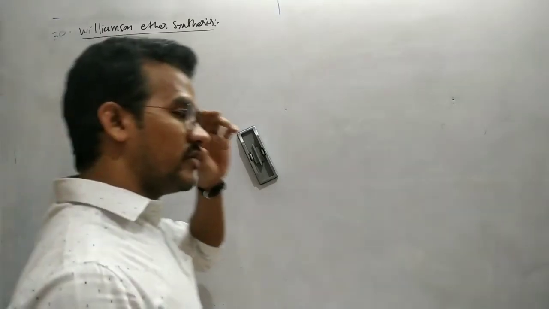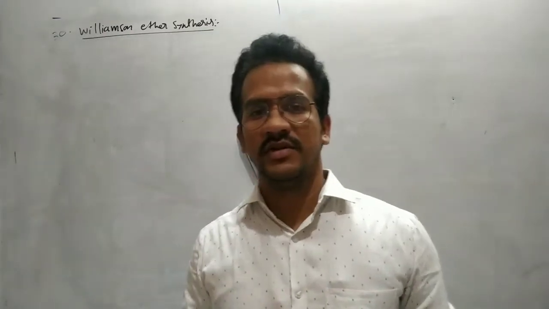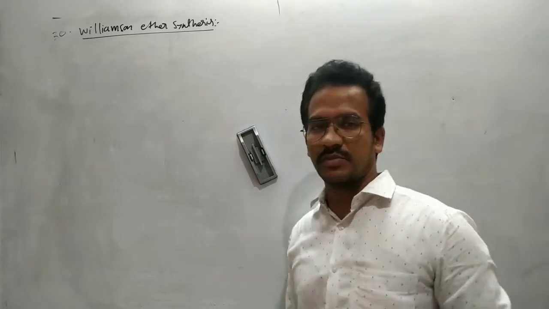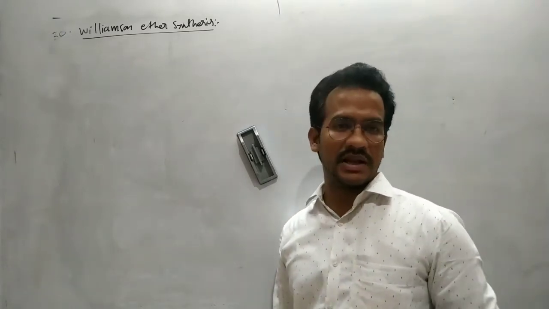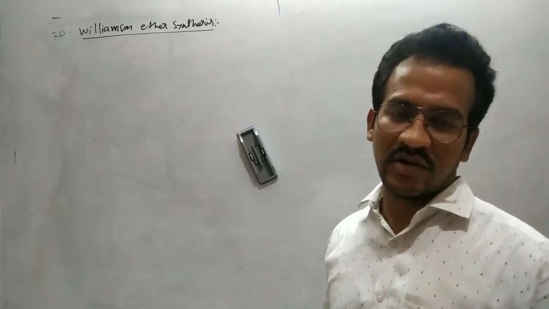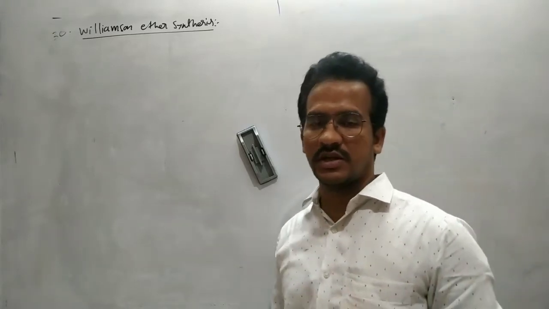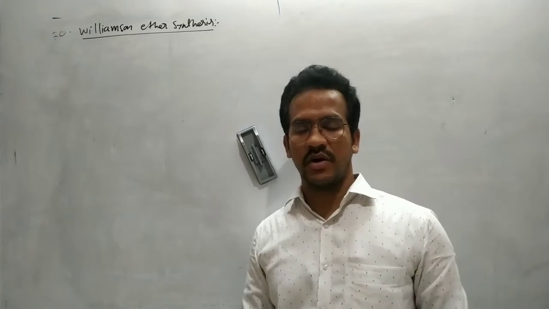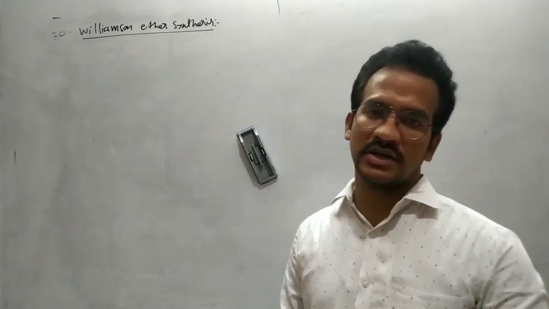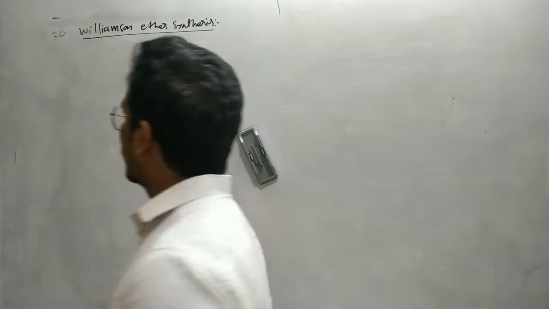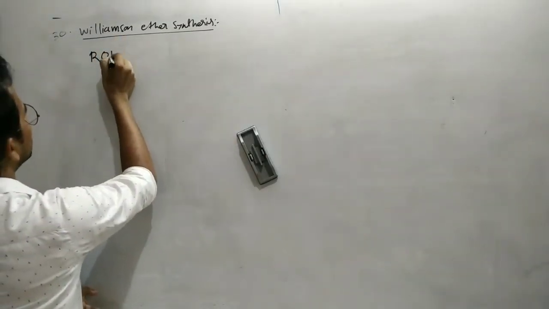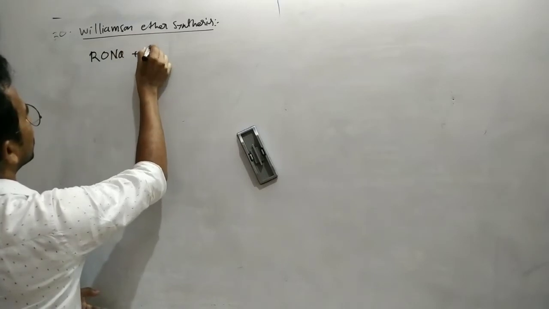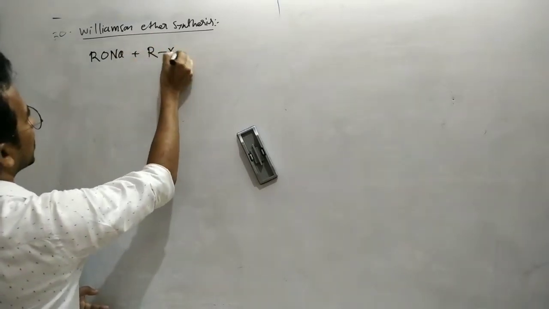Next, Williamson ether synthesis. It is useful for the preparation of ethers. In this reaction, we can prepare symmetrical ethers and unsymmetrical ethers. When the two alkyl groups are the same, those are symmetrical ethers. When the two alkyl groups are different, that is an unsymmetrical ether. This reaction involves a reaction between sodium alkoxide